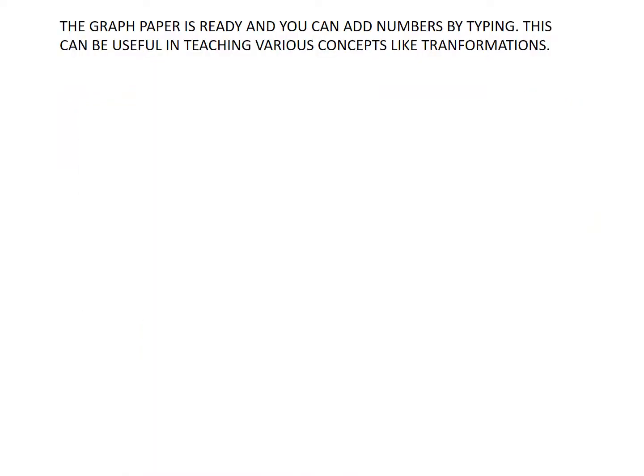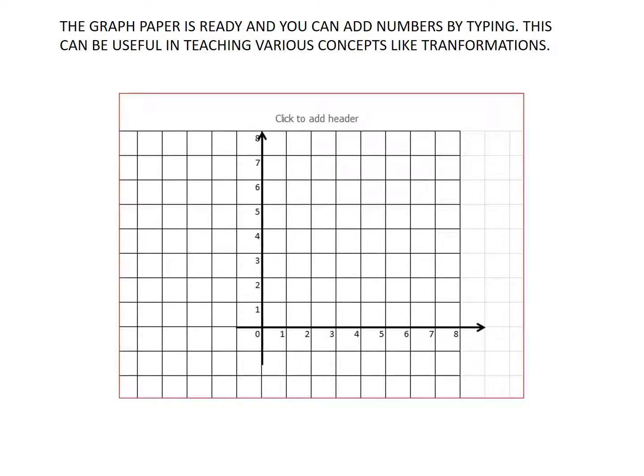And if you do that, there you'll have the graph paper. It can be used to teach lots of things. Particularly in mind, I have transformations like rotation, enlargement, things like those, and they'll be easy to present using Microsoft Excel. Remember, this can be used to draw diagrams like a triangle to show how it is enlarged or transformed,